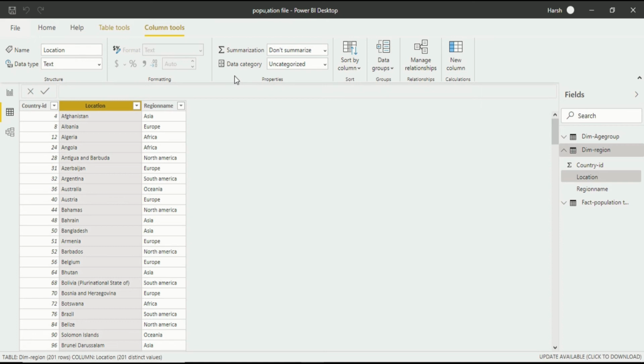But when you go into the properties and see data category uncategorized, then that's a problem, because as I've already told you, Power BI Desktop is a very good software to understand all the concepts in itself, but certainly sometimes it needs you to define certain things. Like in the location, you can see it's country specific, not anything else.